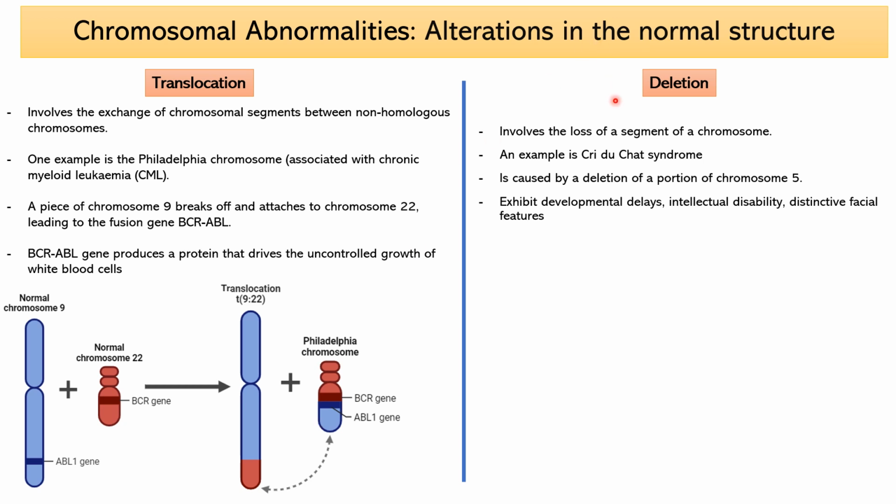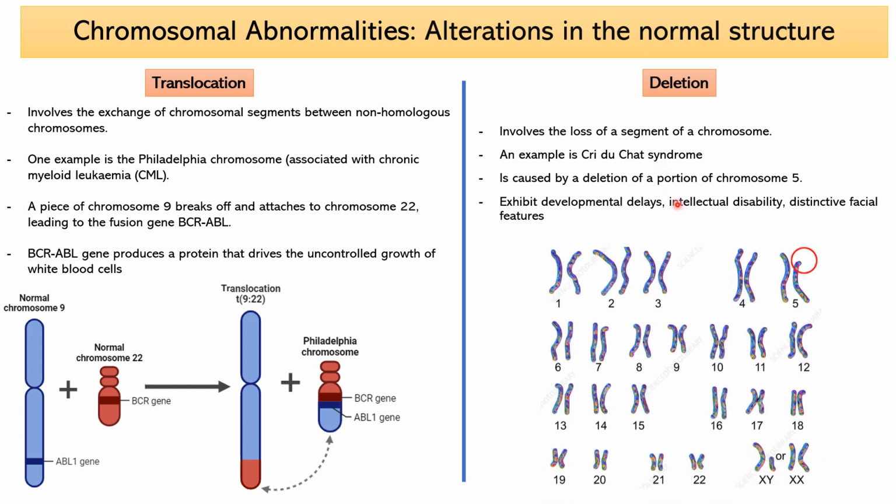The second type is the deletion, and in deletions, what happens is that a part of the chromosome is lost. An example of that is Cri du Chat syndrome. What happens in Cri du Chat syndrome is that part of chromosome 5 is deleted, and as we can see here, this chromosome is shorter than its homologous chromosome, and that's because this part was deleted from chromosome 5. This deletion will result in developmental delays, intellectual disability, and also distinctive facial features,